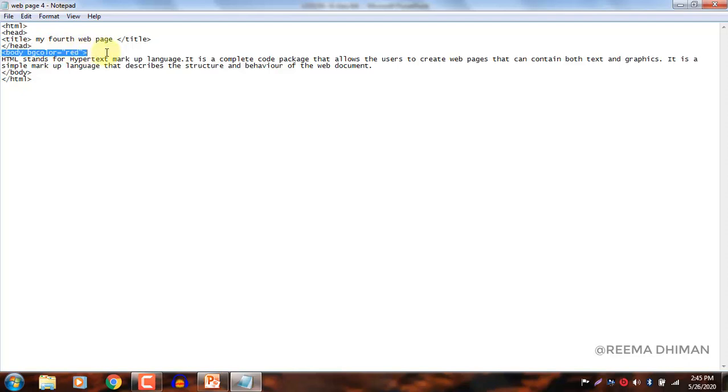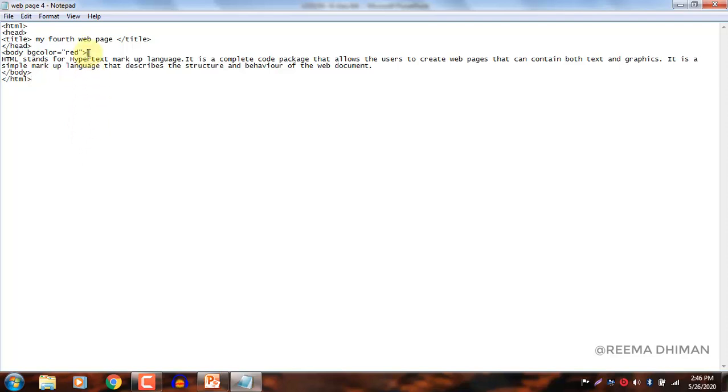As this is an attribute of the body tag, there is no need to define the BG color tag separately. BG color works within the body tag. So you have to write body, then define the background color which you want to take: the opening body tag, BG color, and then the name of the color. Then, as we have opened the body tag, we need to close it, as we have done in previous HTML codes.